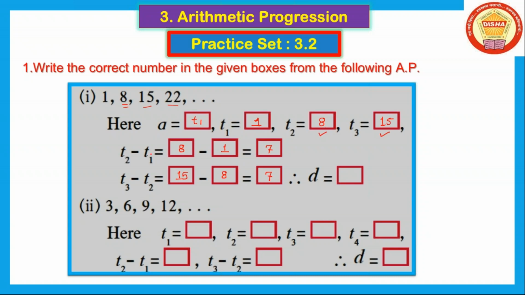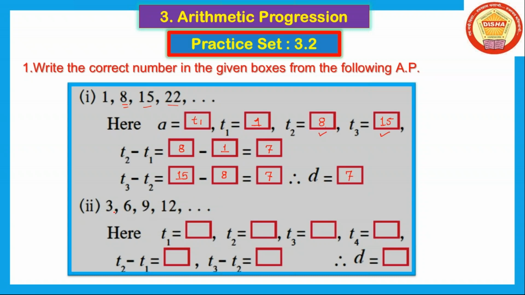And what is that? T2 minus T1 is the difference. T3 minus T2 is the difference. Means here we find the difference between two consecutive terms, and this difference is 7 and 7 here. The difference is constant, and question is asking that fill in the boxes. And here the next box is given here D is equal to. Then we see here D is equal to 7.